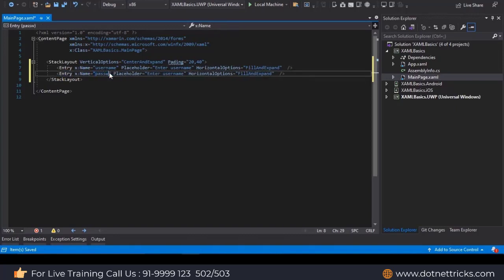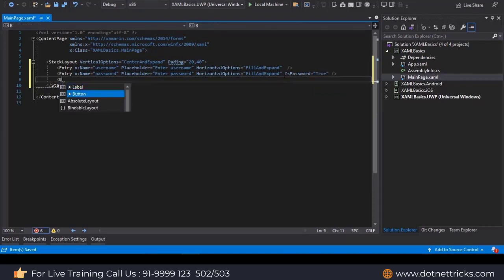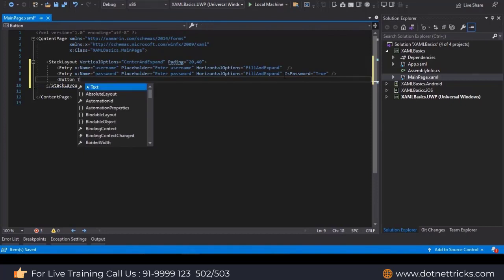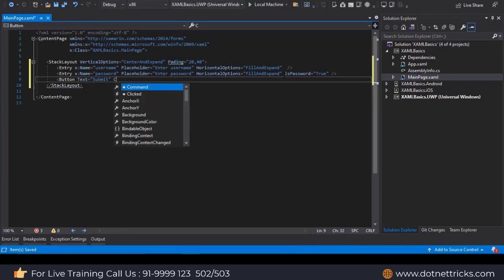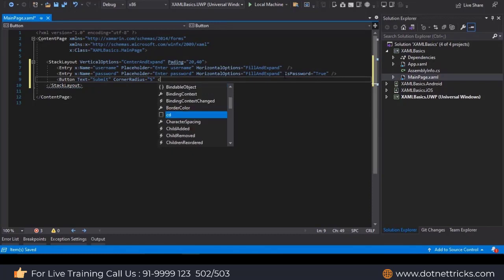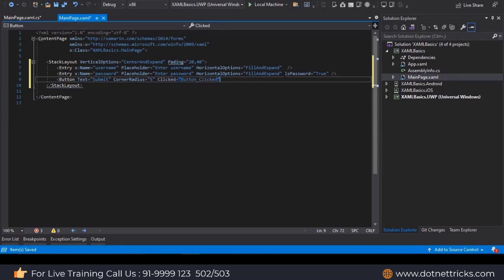Let the next entry be password. In the same way, when you talk about a password, it has to be protected, so let's mention that it is a password. What else we need is a button that should display some text like login or submit, and corner radius is 5. Alright, so that's it. We have created a simple login page.